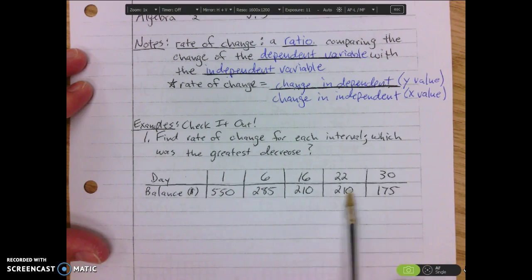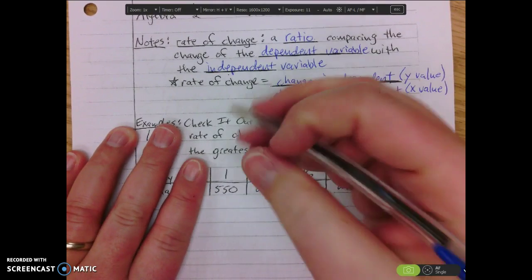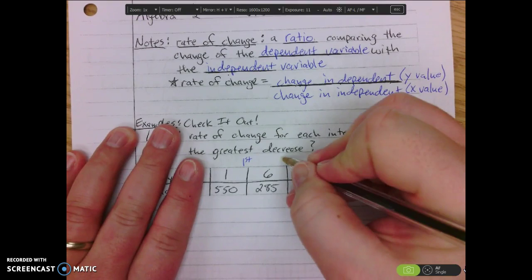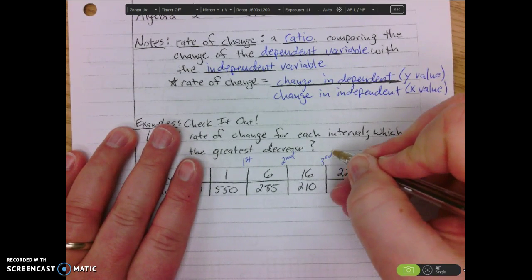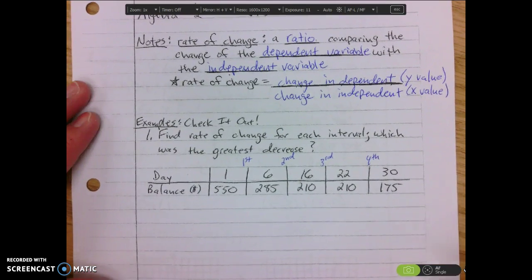So keep in mind here, there are 5 different columns. So between any two is an interval. This would be the first interval between day 1 and day 6. The second interval would be between day 6 and day 16. Third interval and the fourth interval would be like such. Okay? So to find the first interval,